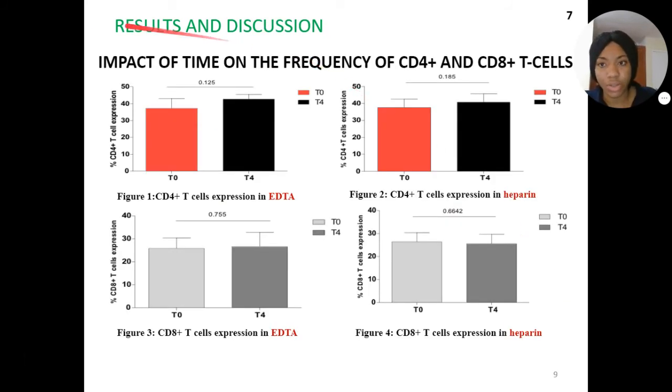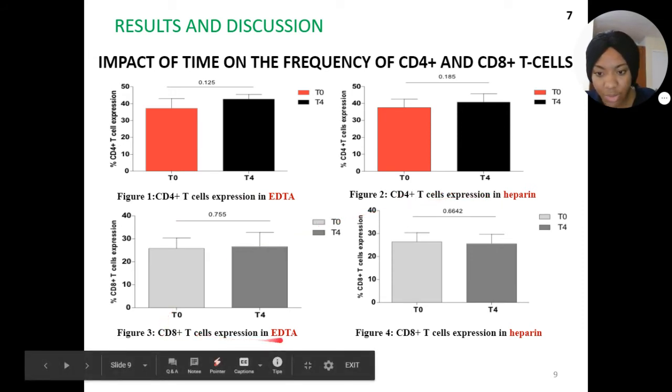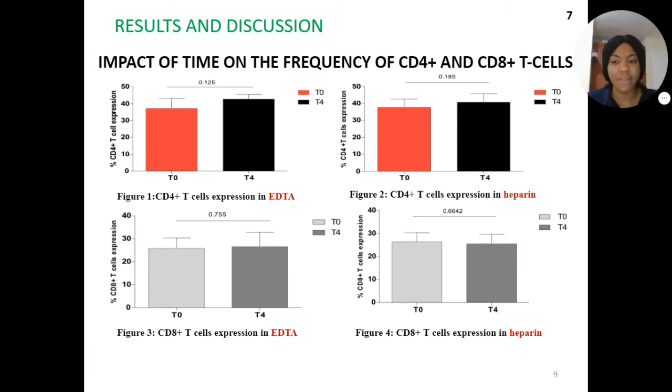For the results and discussion, first of all, we investigated the impact of time on the frequency of CD4 and CD8 T cells. So for figure 1, this showed the CD4 T cell expression in EDTA, CD4 T cell expression in heparin, CD8 T cell expression in EDTA, CD8 T cell expression in heparin. So we wanted to know if the expression, that's the frequency, the number of the T cells, if it changed